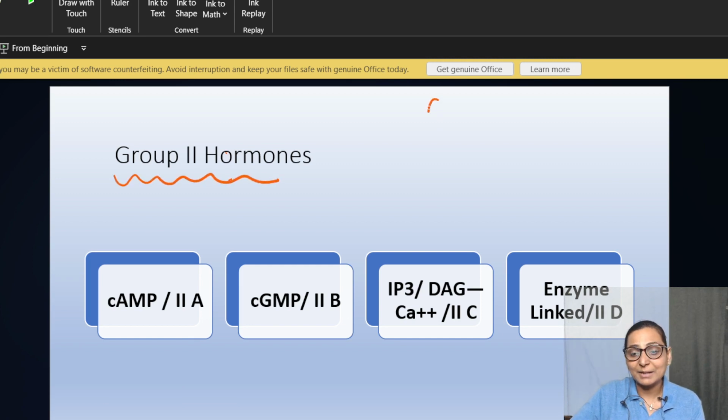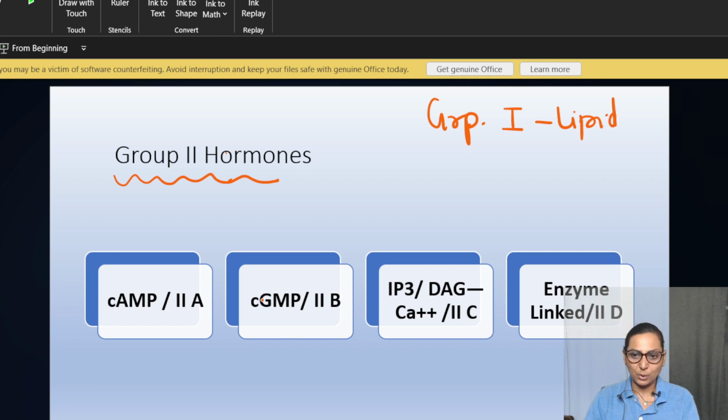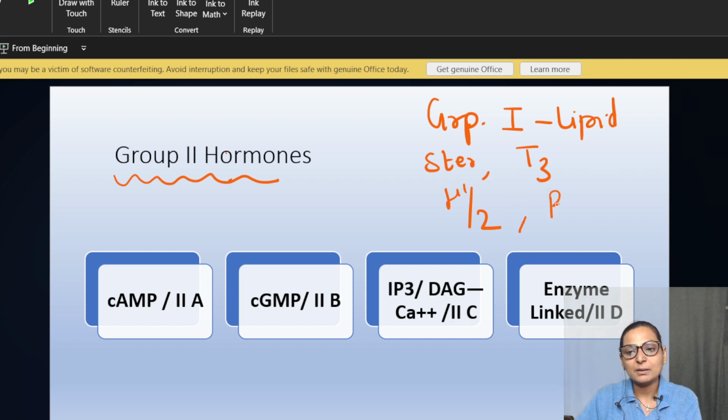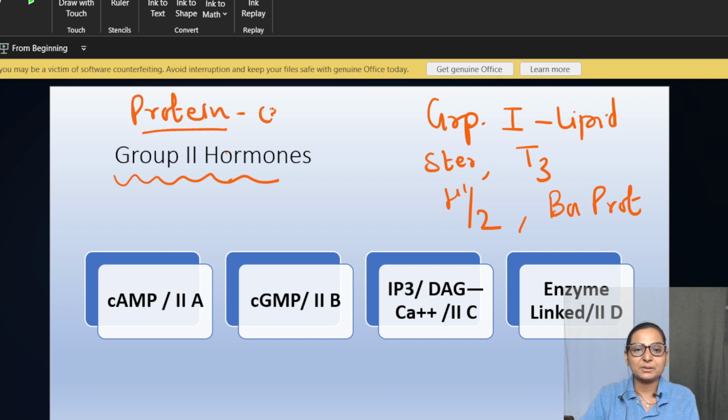So before I give you the correct answer, let me tell you that you can classify the hormones as group 2, and because there is group 2, definitely there is going to be group 1. These group 1 are your lipid soluble hormones, that is your steroids and your T3 especially, because it is the T3 that is going to penetrate the cell membrane barrier and bind to the nuclear receptors. These lipid soluble hormones have a very long half-life because they are bound to proteins. On the other hand, group 2 hormones are your protein hormones which have receptors on the cell membrane or the cell surface. Because they are protein, they are not going to penetrate through the cell membrane.